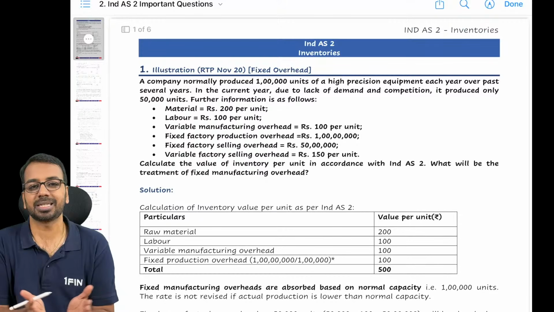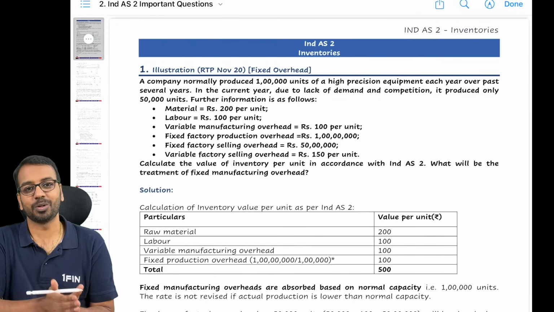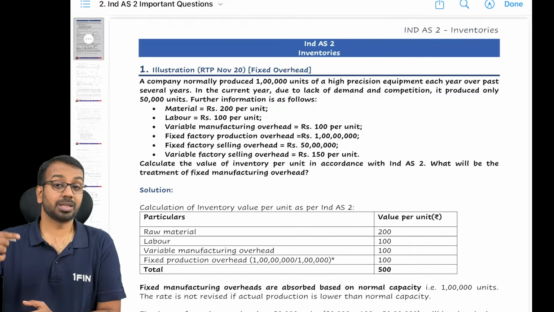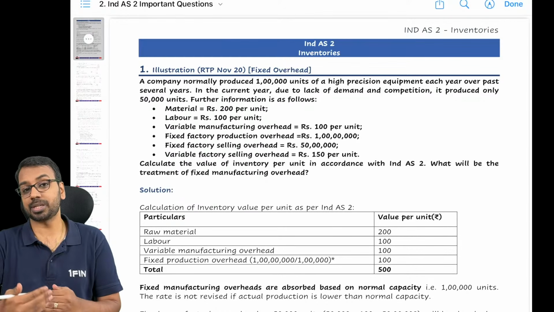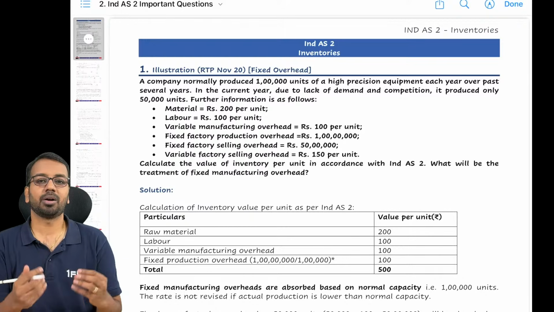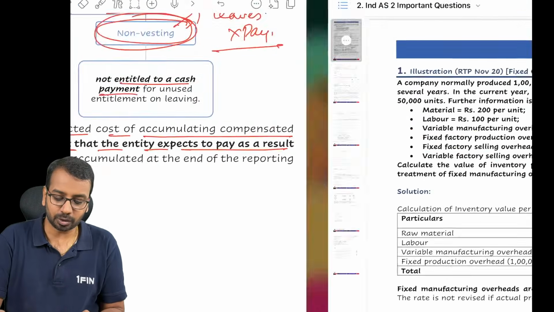I know it's an easy standard, but I was surprised to know that a lot of students were not able to solve it properly in the previous attempt. Students feel that Ind AS 2 was tested in the previous attempt, so will it be tested again? We never know. They may ask for a 2 marks MCQ, and even 2 marks are important. So coming to Ind AS 2,